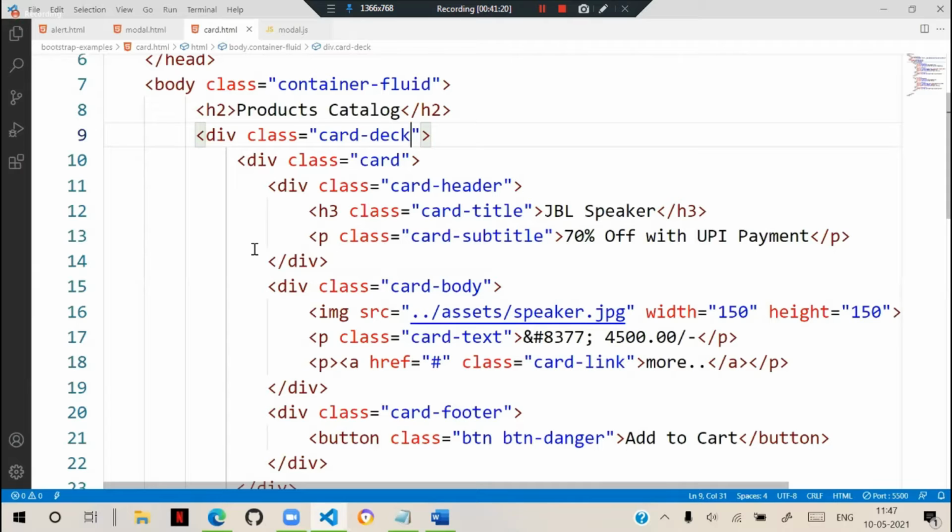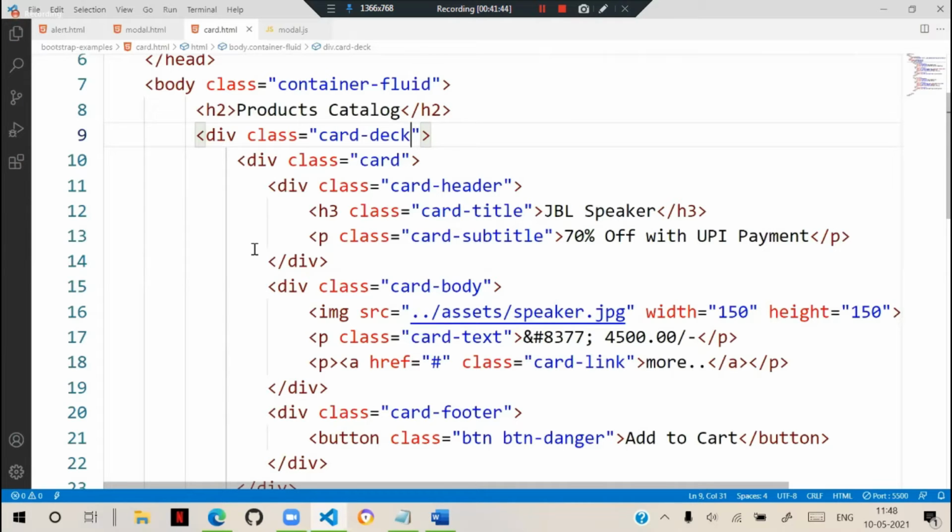They removed this card deck behavior. They ask us to design everything with column classes. They say that this is out of concept now. In earlier versions, this card deck is flexible and automatically arranges everything side by side. That is the old version.